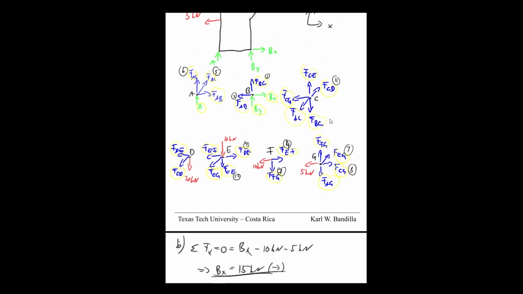Plus 1 over the square root of 2 because it's an angle. I forgot which one. FEG. Now we have FEG twice. Oh, it's FG. FEG. That's the one that we're interested in. So FEG